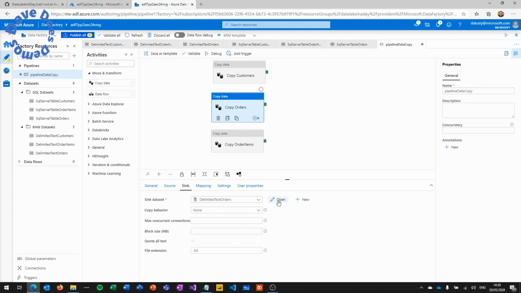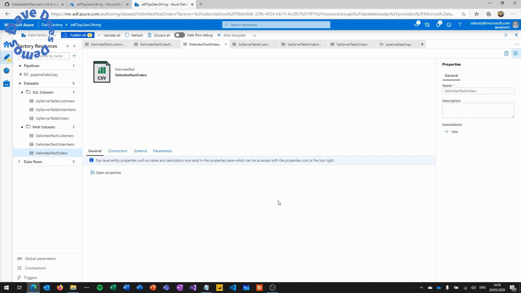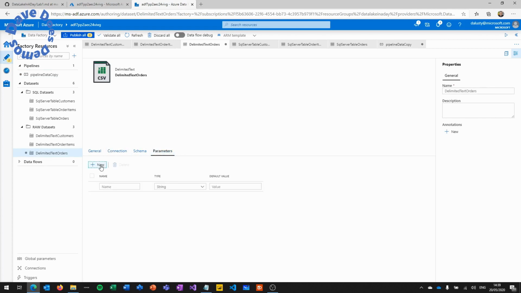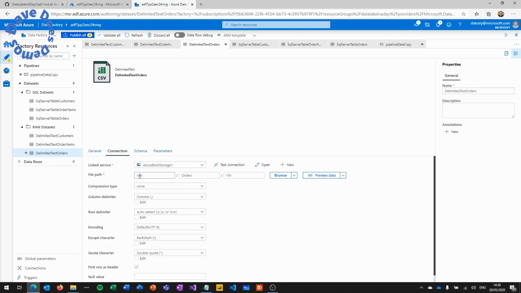And then this time we're just going to click this open button. This flicks us over to another tab in the interface to look at the actual data set that we created earlier. You could click on it on the menu on the left. So here we're going to add a parameter, and for this one it is going to be run start time. This is so that we can then name the file for the date that we're getting the data in. So head over to the file box at the end of the file path,